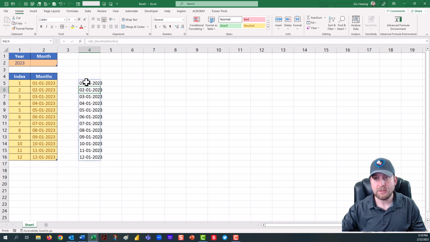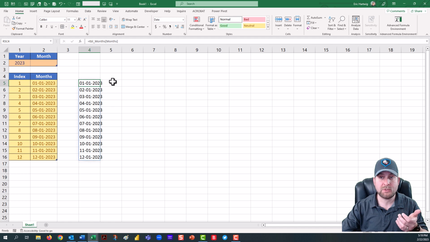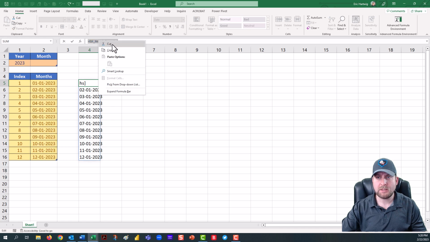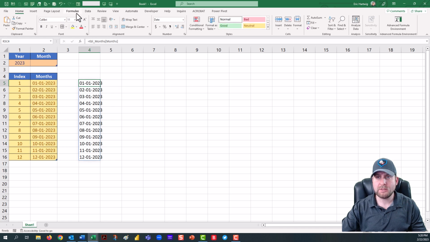Now, because I use Office 365, and some of you may be using an older version of Office, what just occurred was what is known as spilling of the formula. If you don't have Office 365, there's a good likelihood you'll get an error or calc error because all this information can't be held in one cell, so it's not able to spill. This is not really a big deal because we only need this bit of formula right here. So we're going to highlight it, copy and cut, and we're going to exit,